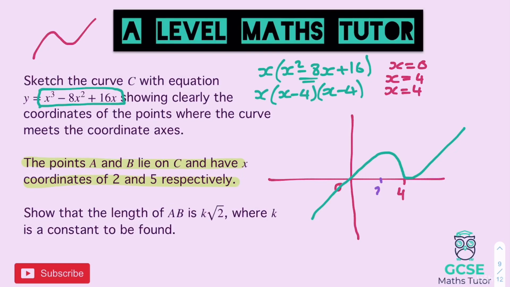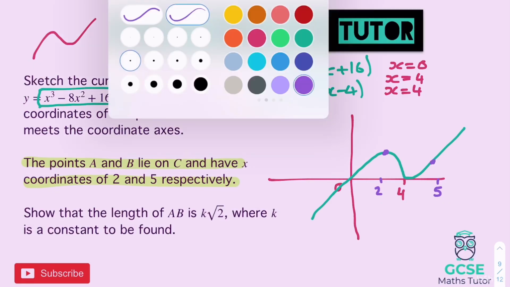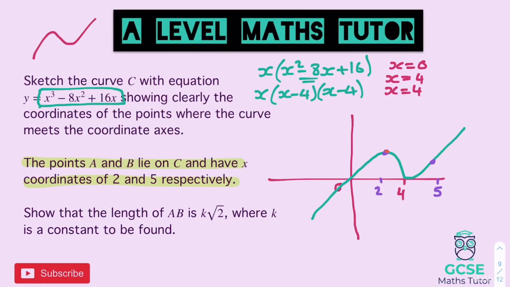So 2 there. And 5 is going to be just beyond the 4. I'll just extend it a little bit, but there we go, there's 5. So we've got this coordinate here for 2, and we've got another coordinate here for 5. Okay, so let's draw that in. There we go, we've got a straight line. It's not the longest of lines for this one, but there we go, that's the line that we're going to